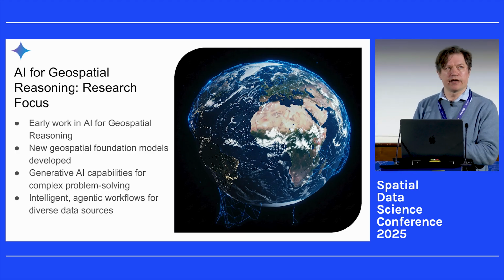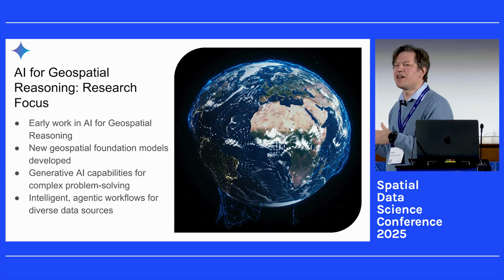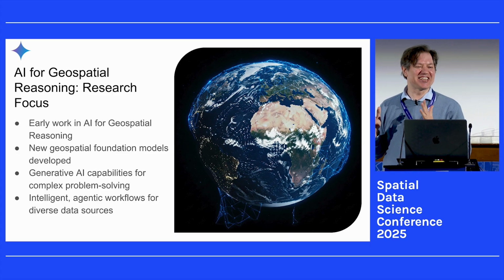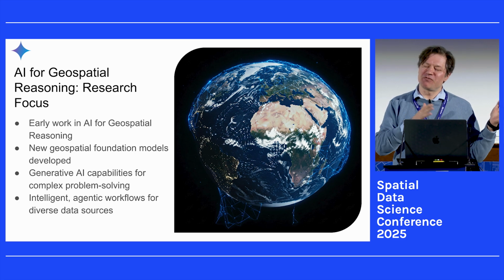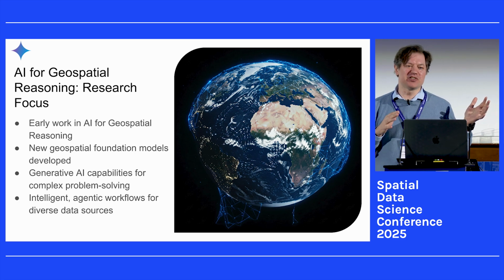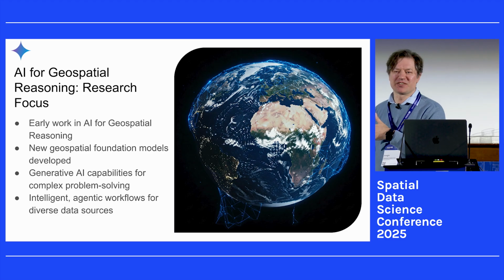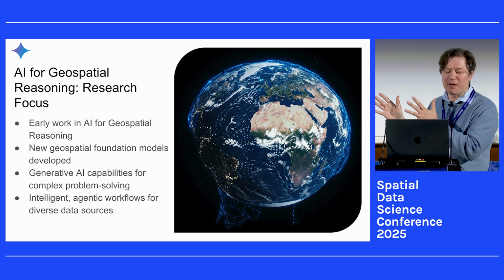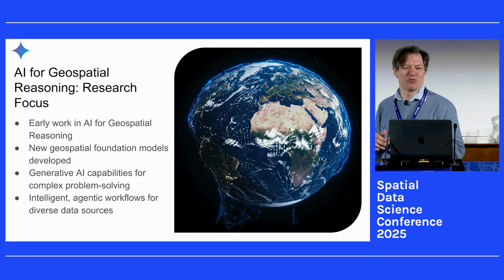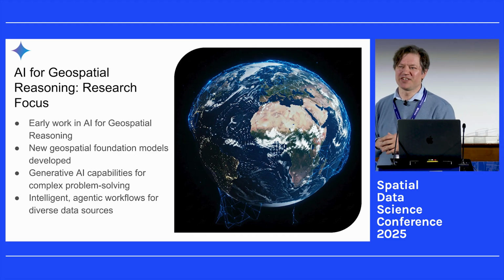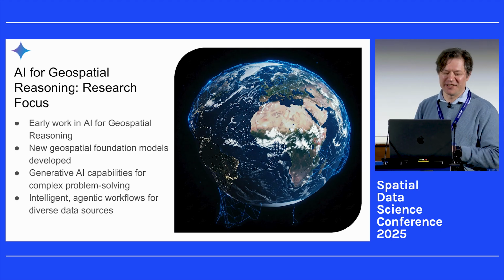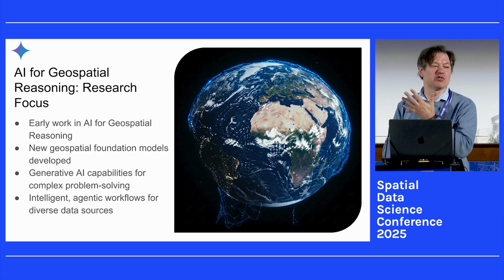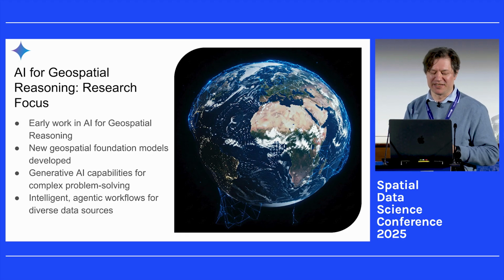Now let me switch gears to AI and reasoning. This is quite a new area for me, to be honest. I was working with some machine learning and data science applications, but I'm not an expert in LLMs. I did a few simple analyses, and so I started to explore what's happening there, and I was fascinated by the work of my colleagues from Google Research, which I will show shortly. But I also tried to explore a bit of what other things are happening in the geospatial context. So I want to share some of my findings here.